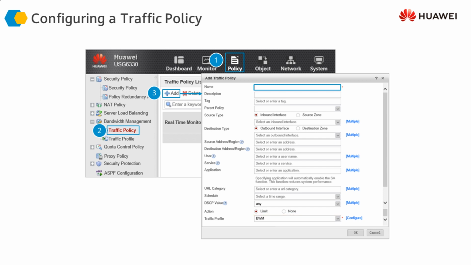Now it would be more understandable, and if I repeat the concept once again, we should be able to understand that we classify the traffic, or define the traffic, in the traffic policy, and we define the behavior, or the action that we want to take, the bandwidth management that we want to do for the traffic, in the traffic profile. And then we link the two here. In the traffic policy, we call the traffic profile, and all the limits that we have defined in the traffic profile are going to be applied on the traffic defined in this traffic policy.